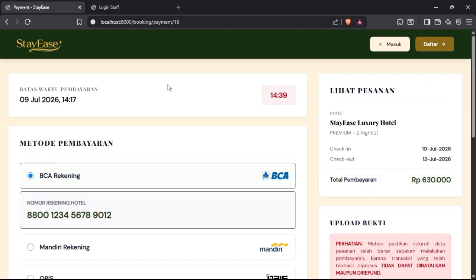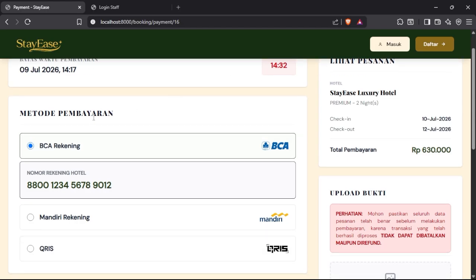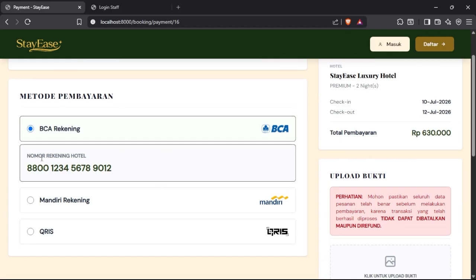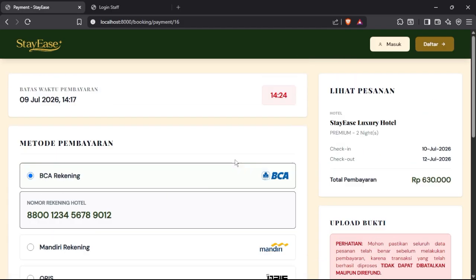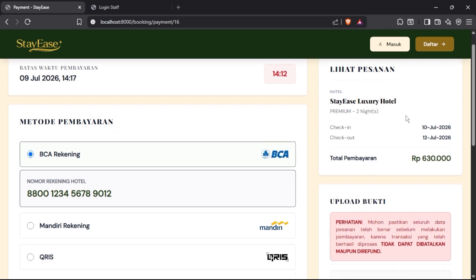On this payment page, there will be information about the time limit to do the payment, the payment method, the number to pay the hotel, and the information about the hotel reservation, like the name of the type, the check-in and check-out dates, and the price.